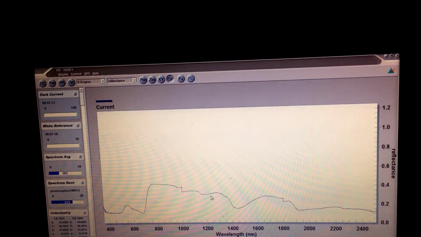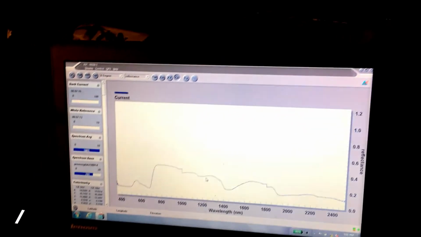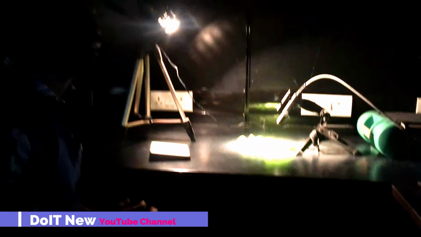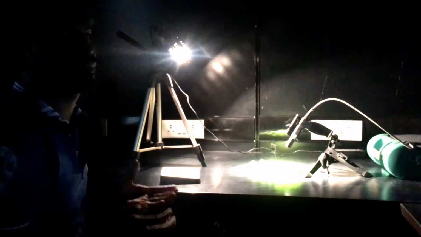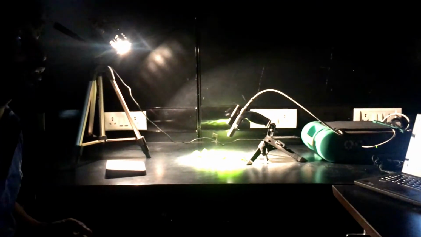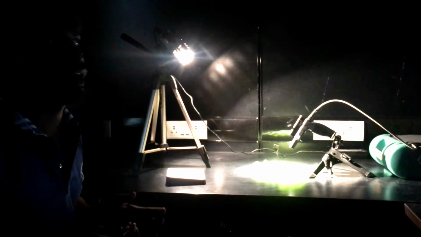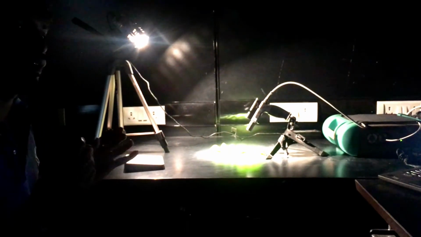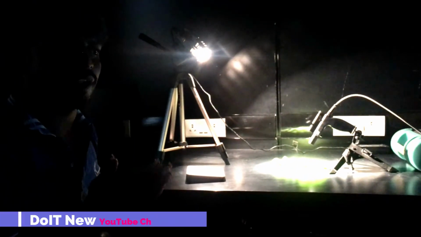Why do you save the multiple files? Because when we are collecting the data, at the time of collecting the data there will be some differences in the environment. Suppose we are collecting data for the last 10 minutes. So there is some environmental effect, like suffocation or dust that came. So in every file we will see minor changes. We don't want these minor changes in every file. So we scan the data 20 times and then we take the average. So these things we can ignore. So for that we take a minimum of 20 scans per sample.